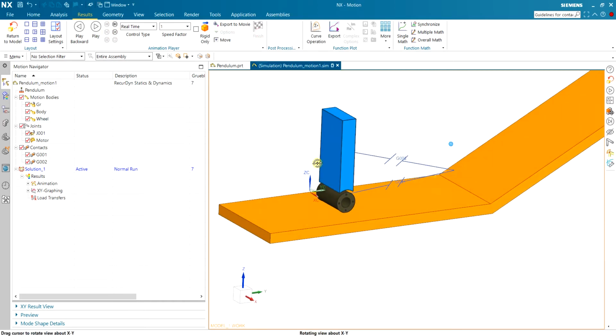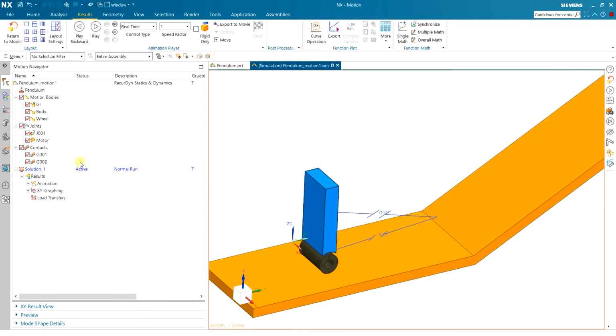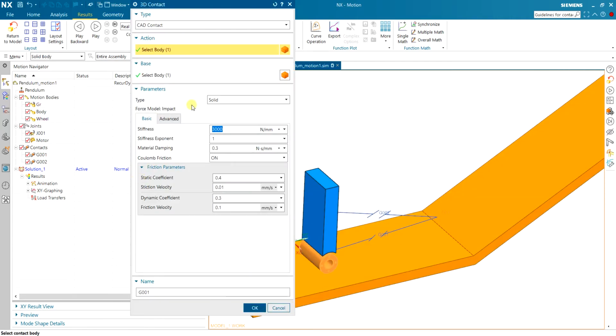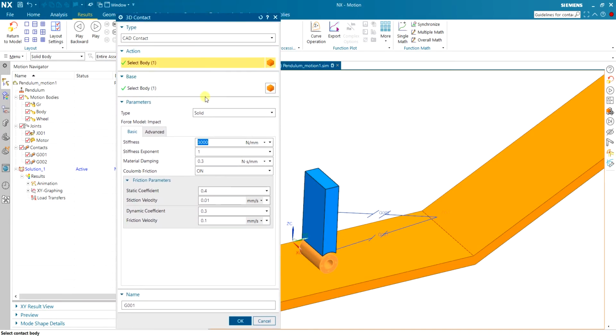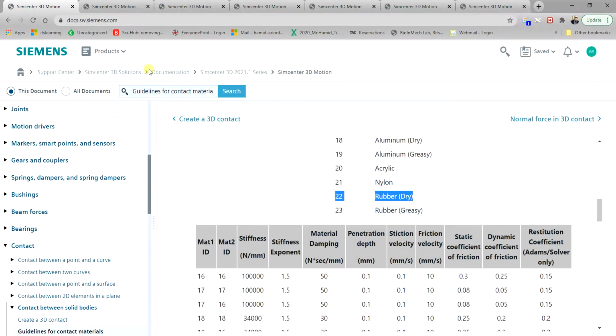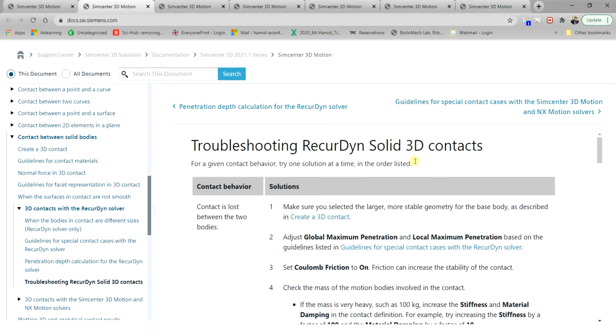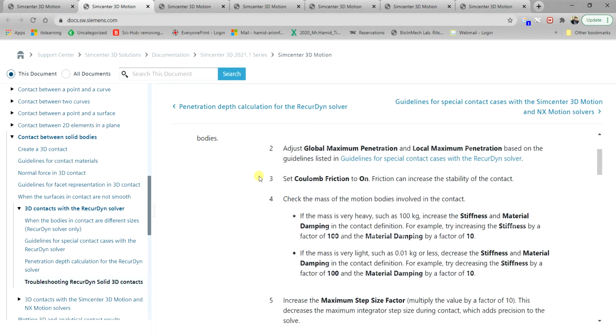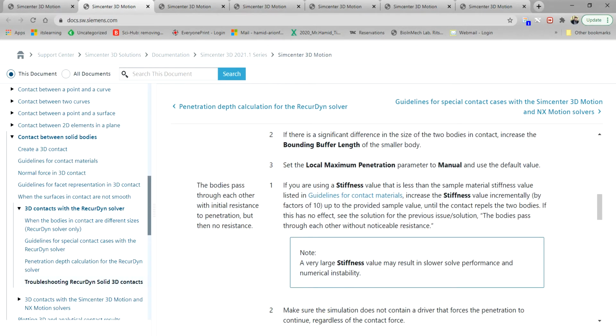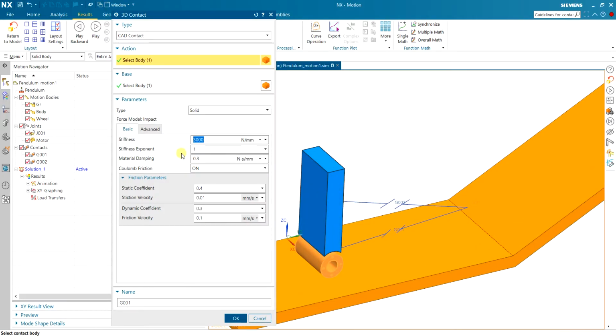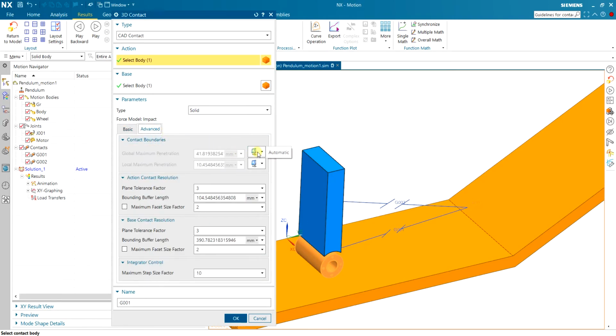Now there are a lot of parameters involved in contact, and sometimes it gets complicated to solve the problem, but the best place to start is this contact troubleshooting guide, which you can also find in the NX document. It has provided some good solutions that you can start with. Here, as I said, my problem is with the initial penetration. I just need to change these maximum